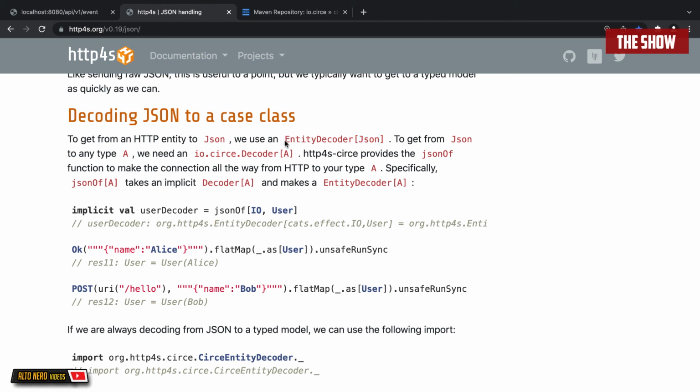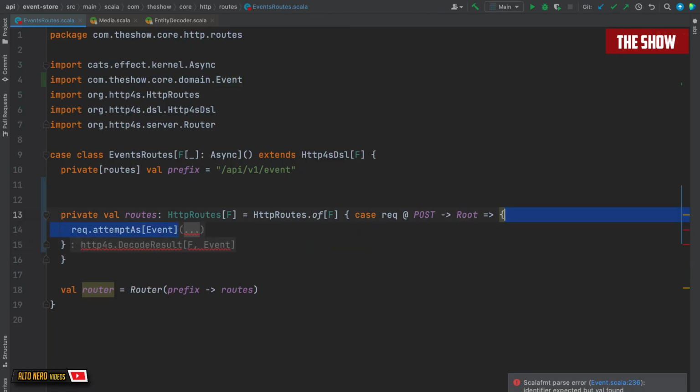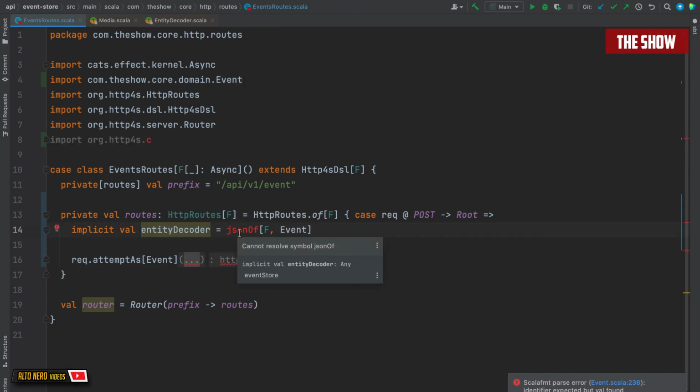So let's create this entity decoder, and we can basically just copy this, and then inside of this place, what we're going to do is add this. Okay, so I have the entity decoder. This will be a JSON of type F and the event, like so. It looks like I do not have the library that will make this in scope, so I need to add